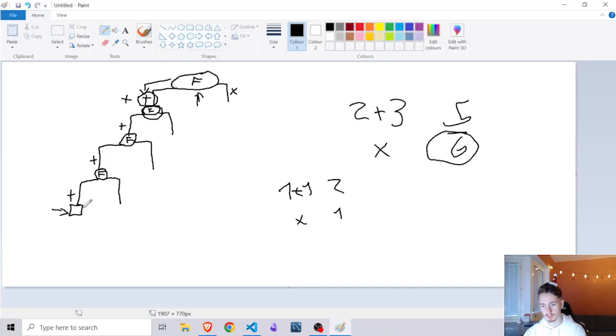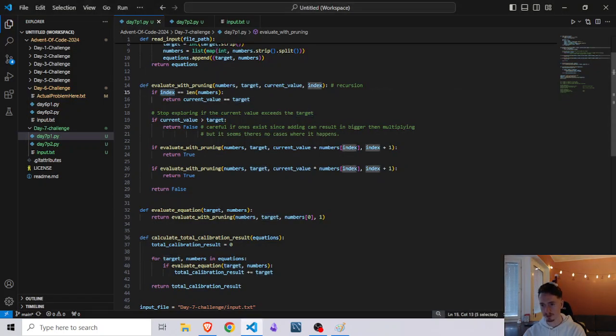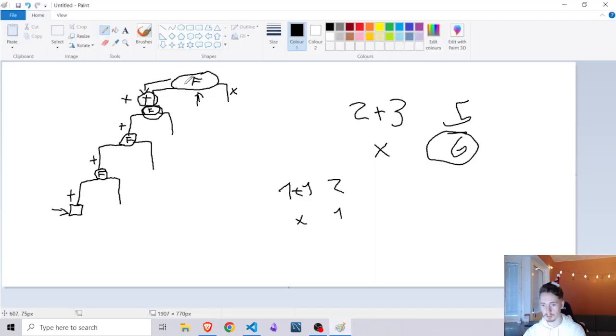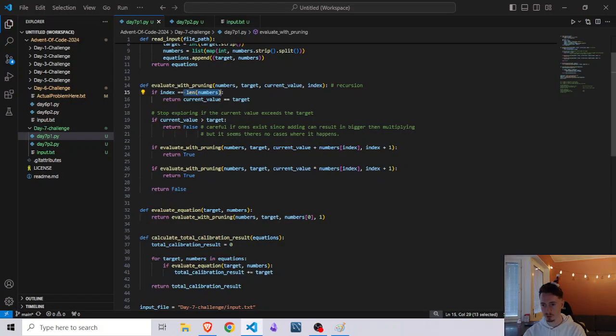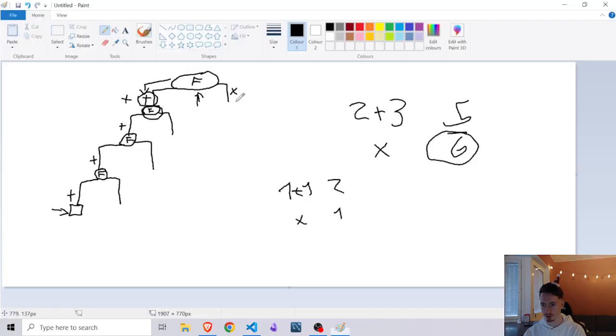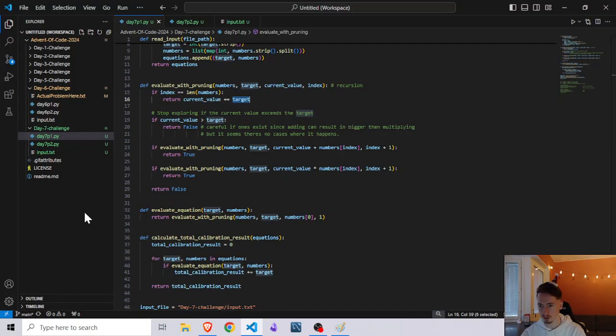So keep doing this until it reaches the bottom, so to say. And the bottom is whenever the index is the same as the length of numbers. So in this case, it's 4. And what will it do? It will check if the current value is equal to the target. If it's not equal to the target, so exclamation mark equals, that means not equals to, then it will return